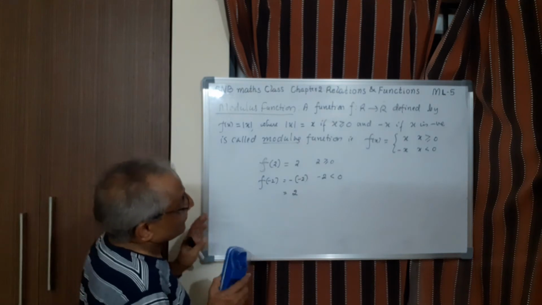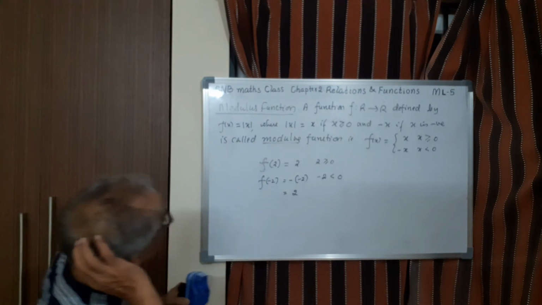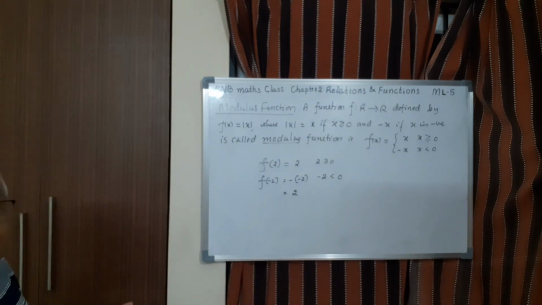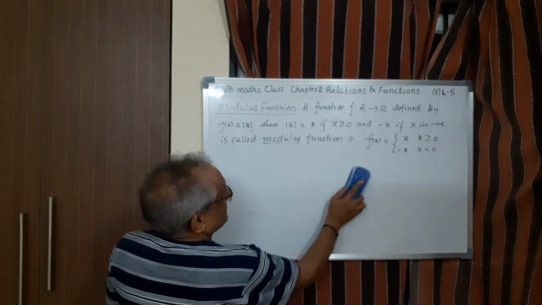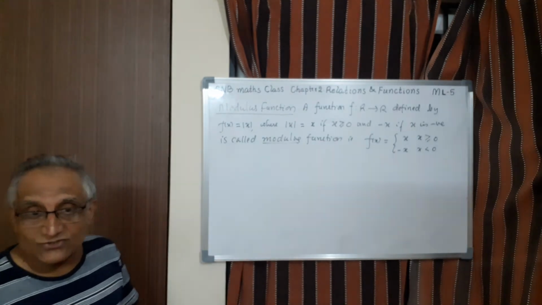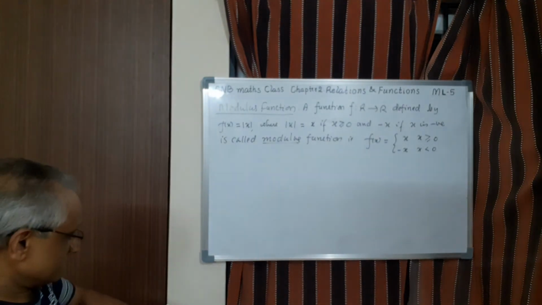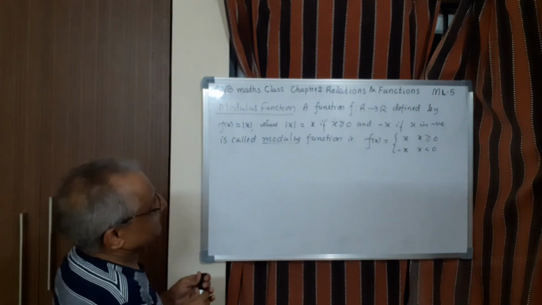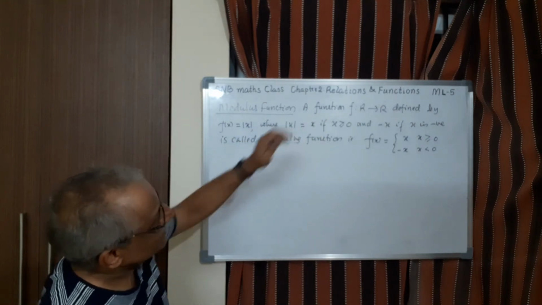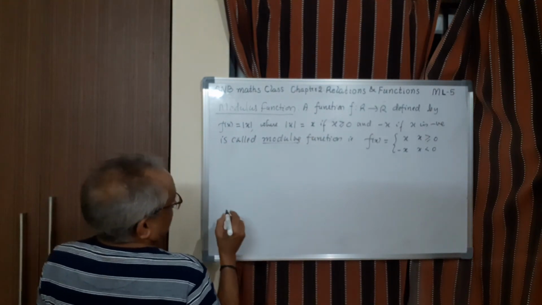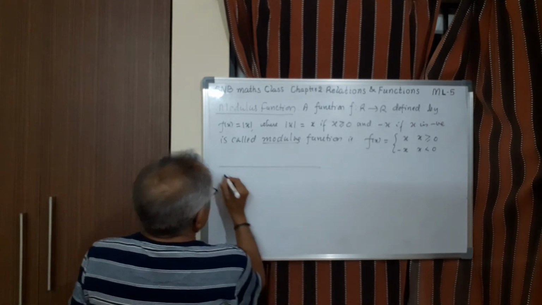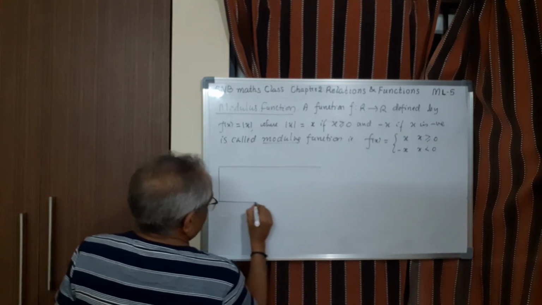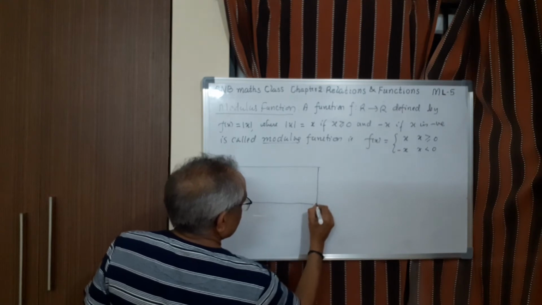Well, let us draw. One more thing: what is the domain and what is the range? Let me not answer now. First, let us draw the graph. Then we shall decide what is the domain and what is the codomain and range. Of course, not codomain, range. So let us take once again here. Let me first draw the table of values so that drawing becomes easy.